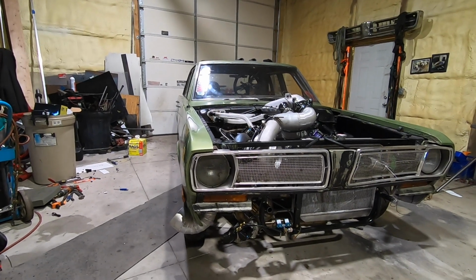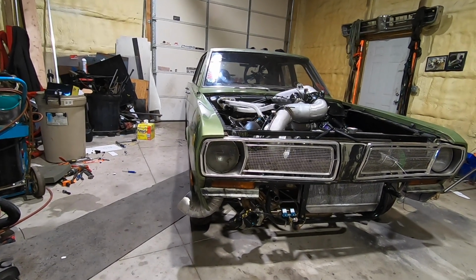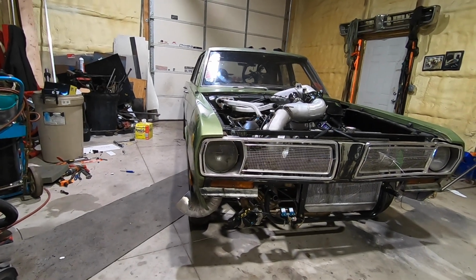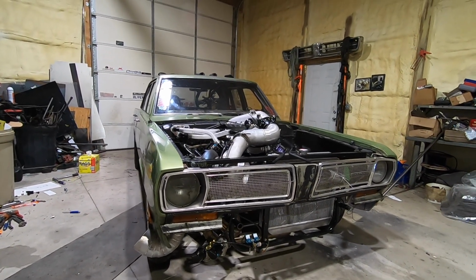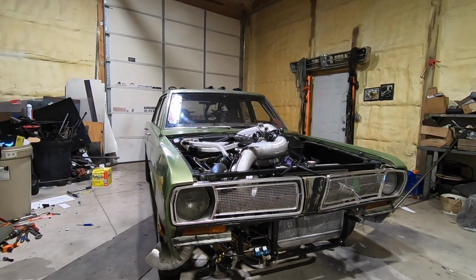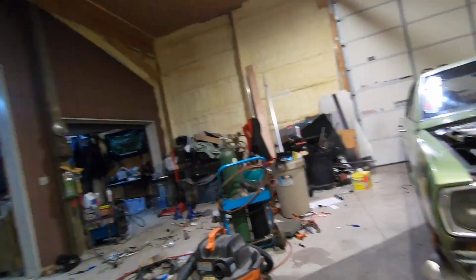So we got a few issues, a few things that I knew may be a problem. The turbo is hitting the housing, so third time is not the charm apparently for VS. And that's something I guess I'm gonna have to look at this winter, is going to a different turbo. Not only brand, but